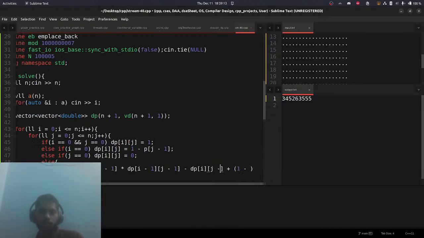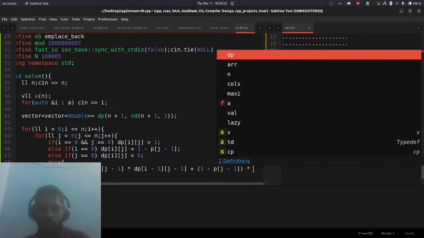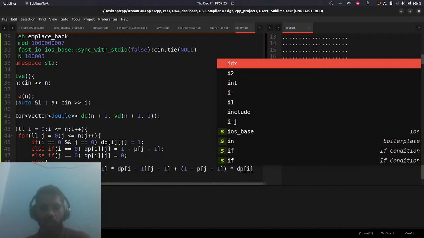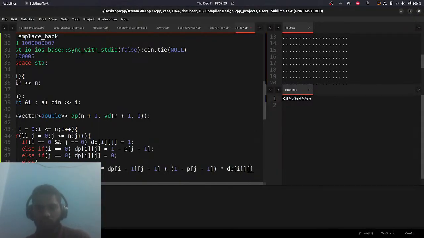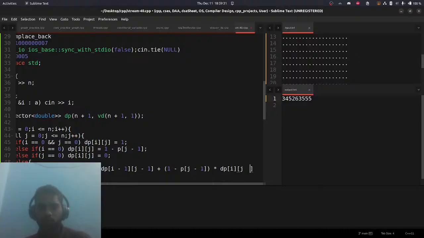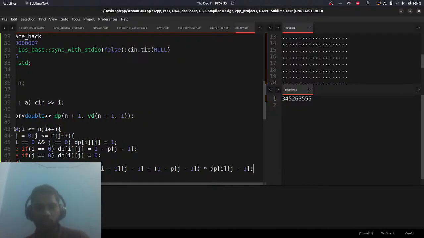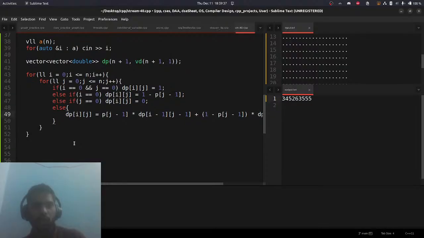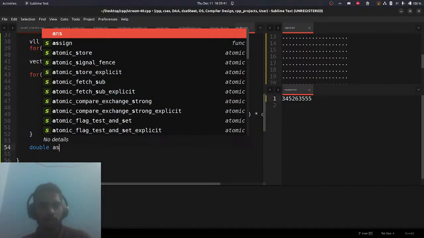No, I don't think so. We'll just stick to this basic one for now, multiplied by dp[i][j minus 1]. This should work in theory, and we have the answer,